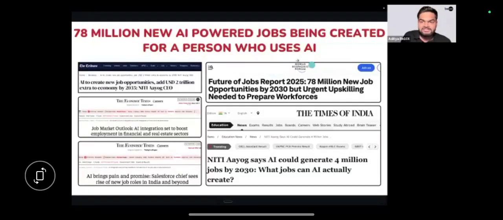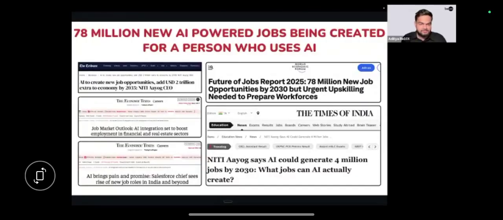This is not me saying it. This is said by the World Economic Forum, the largest body in the world when it comes to publishing reports on economic activities, right? And not only that, NITI Aayog, the Indian body, right? They said that an additional $2 trillion, half of India's economy, is going to be added in India by 2035 because of AI. Just imagine how many new jobs are going to be rising, how many new companies are going to be rising, and if this additional $2 trillion is going to be added to the Indian economy, who is going to benefit the most?